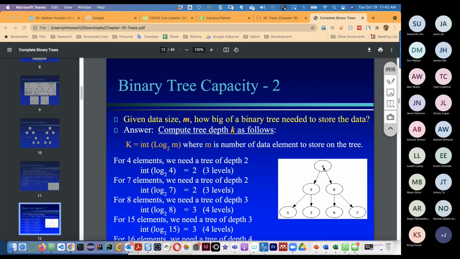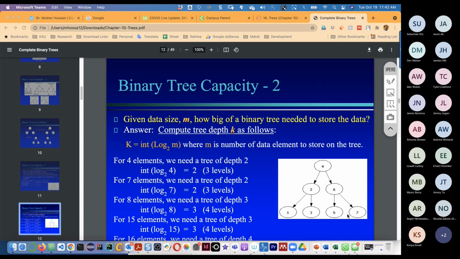So you see on the slide, 1 2 3 4 5 6 7. So then what is the level for any element or the maximum element? So we can see the level or height. So here we have 1 2 3 4 5 6 7